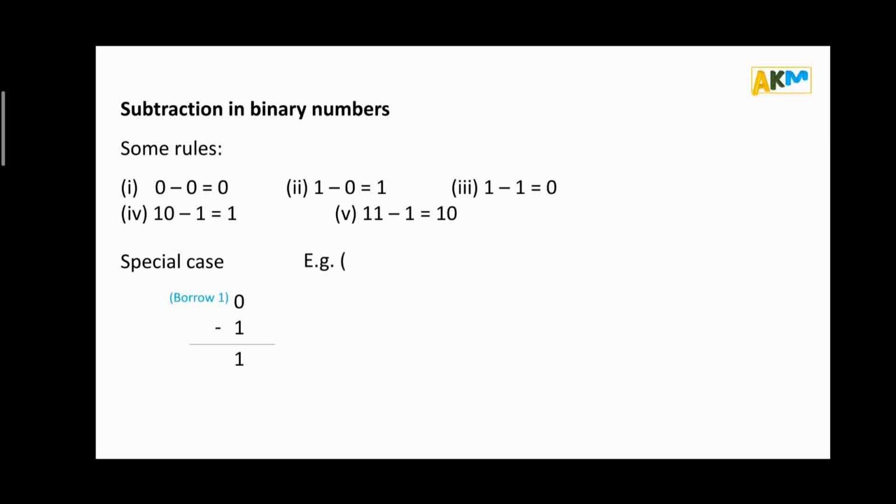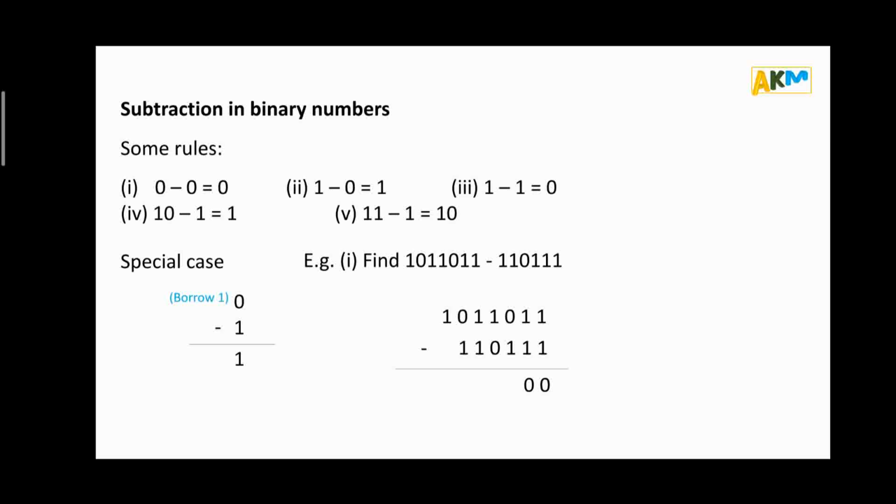So let's take this example, that is, find 1011011 minus 110111. We will do as in addition, putting the numbers vertically and subtracting based on the rules of binary subtraction. So 1 minus 1 will be 0, and again from the right side we are subtracting. So 1 minus 1 again 0, and here comes the special case 0 minus 1.